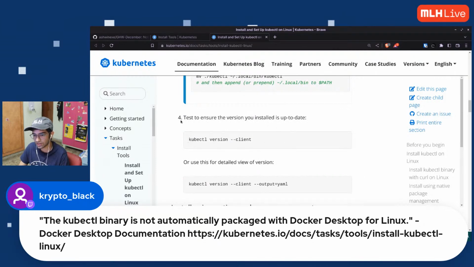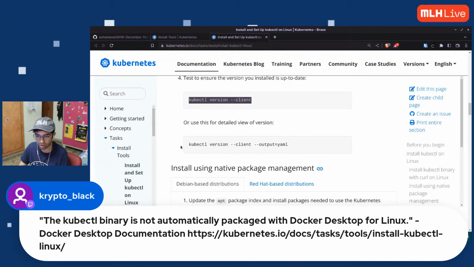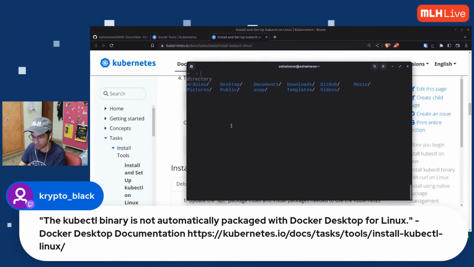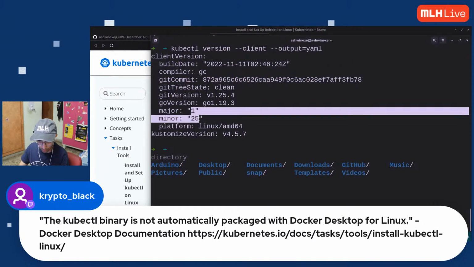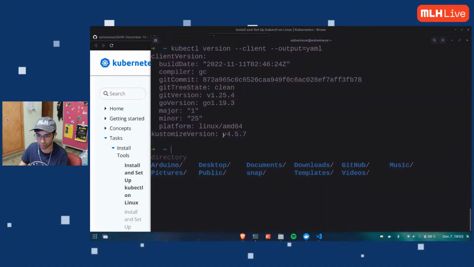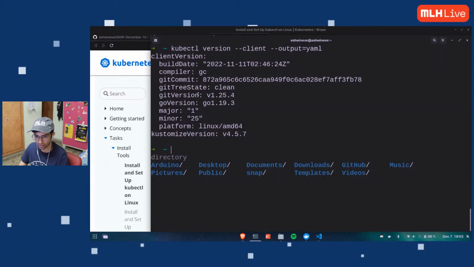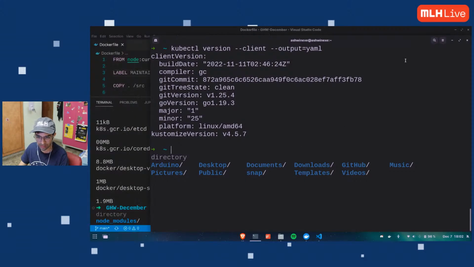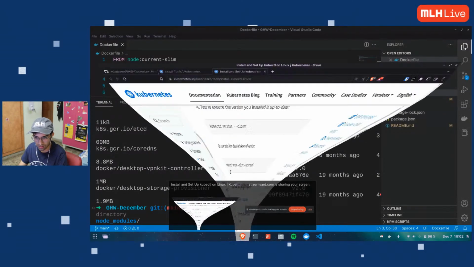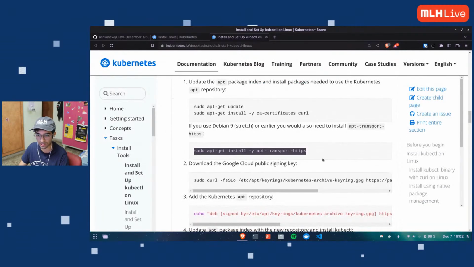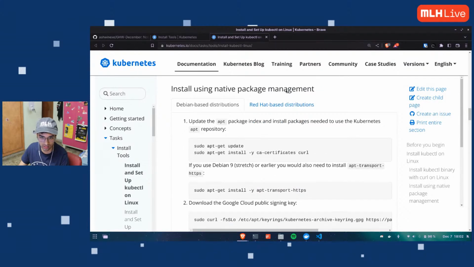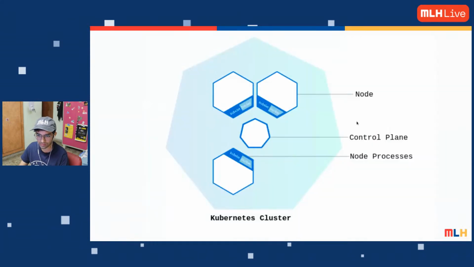Yeah, this command we can run to test if my kubectl is up to date or to check the output version. You know what? Let me just check the version of my kubectl. If I paste this, see, I am on 1.25. So it says major 1, minor 25. So it's installed on mine, and I'm good with that. But thanks for letting us know about that. If you're on Ubuntu, it's like a single liner, like sudo apt. Seriously. Awesome. Yeah, that's all the theory for now.